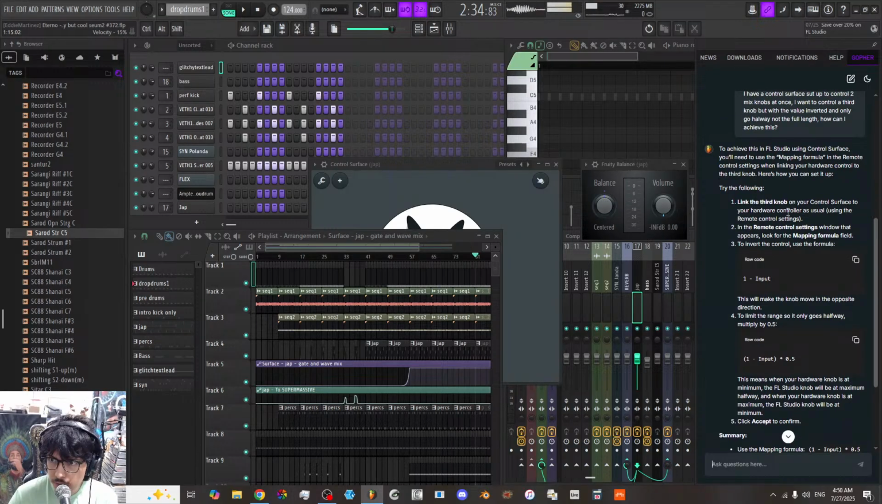To achieve this in FL Studio using control surface, you'll need to use mapping formula and remote control settings when linking your hardware control to the third knob. Link the third knob on your control surface to your hardware controller. In the remote control settings window that appears, look for mapping formula field. To invert the control, use a formula input. This will make the knob move in the opposite direction. To limit the range so it only goes halfway, multiply by 5. But that doesn't,